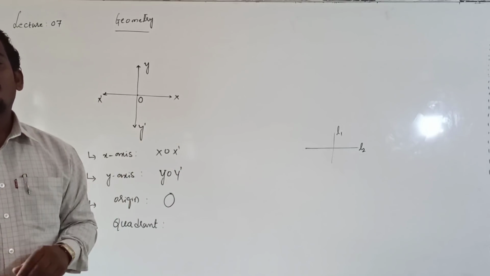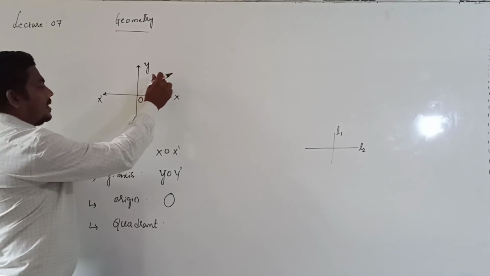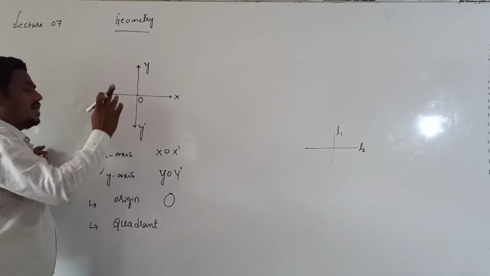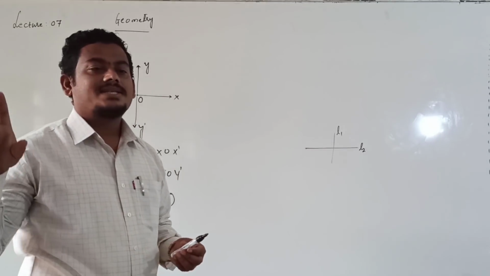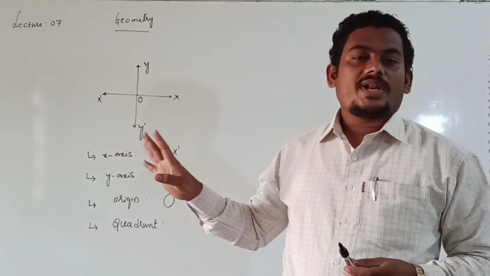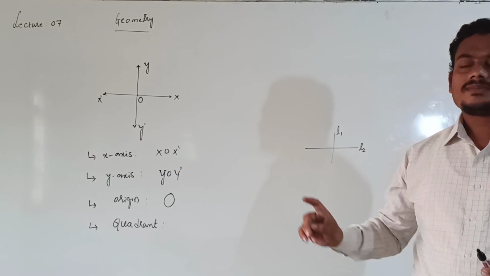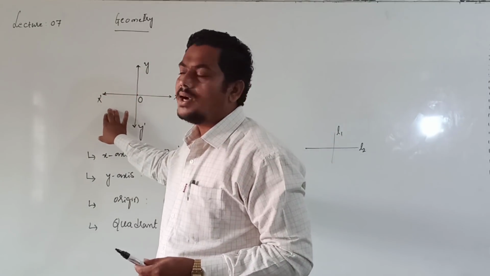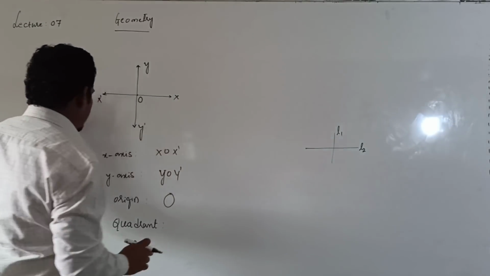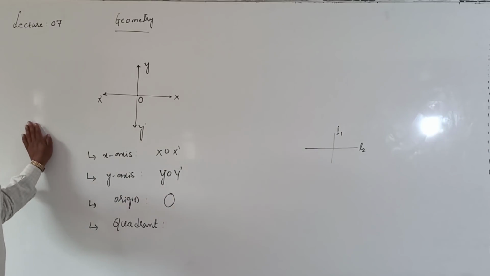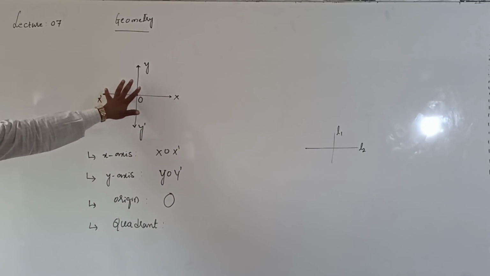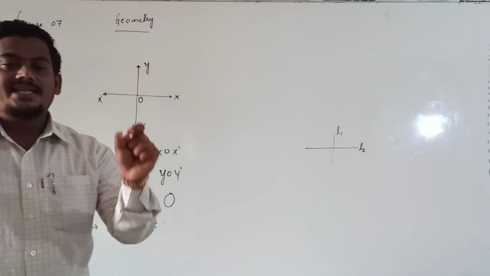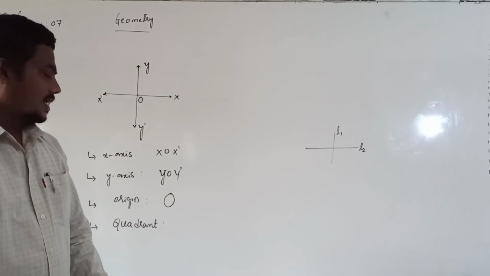Each part is called a quadrant. This part is a quadrant, this part is also quadrant, quadrant and quadrant. Definition of quadrant. Two mutually perpendicular lines divide the plane into four equal parts. Each part is known as a quadrant. Next,